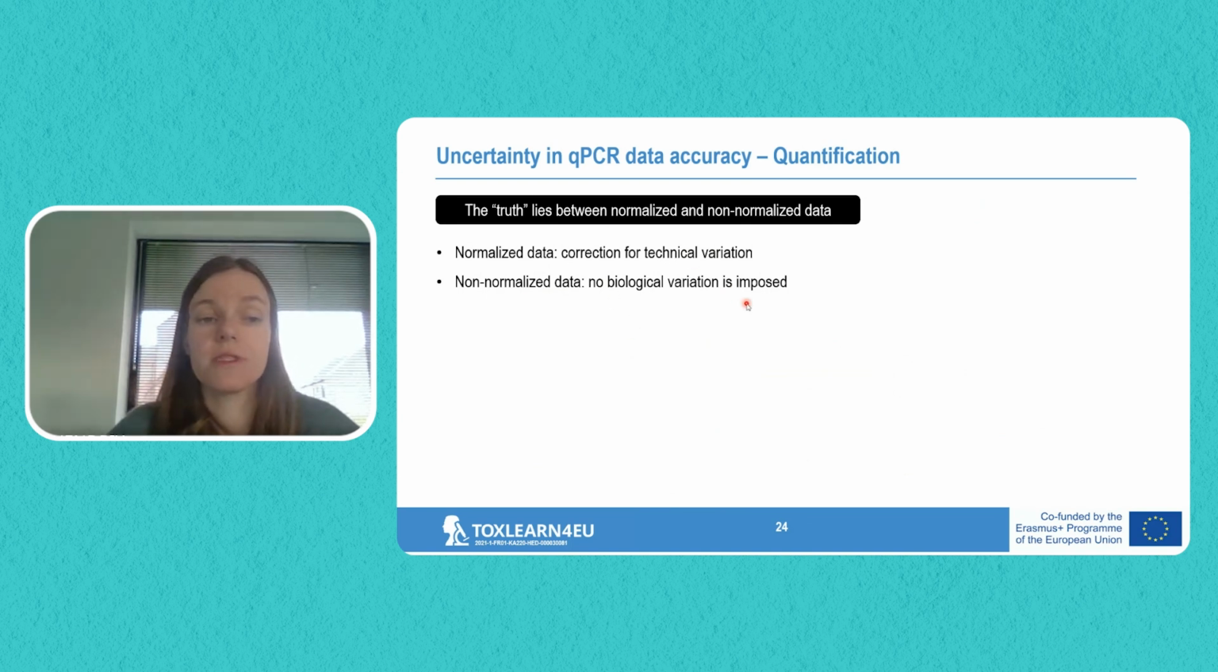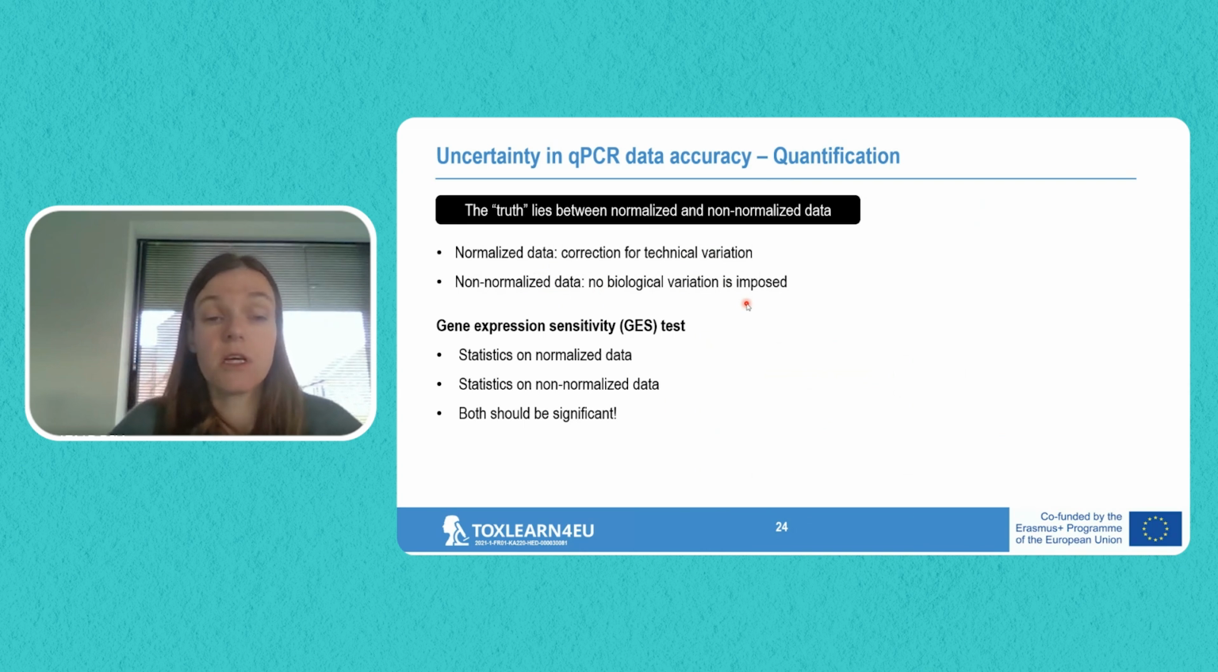So that's also a good thing, of course. So what we propose is that you perform a so-called gene expression sensitivity test, which means that you consider both the normalized and the non-normalized data, and you perform statistics on both. And in both cases, you should find a significant difference. If both the normalized and the non-normalized data are significant, only then you can say that you found a significant